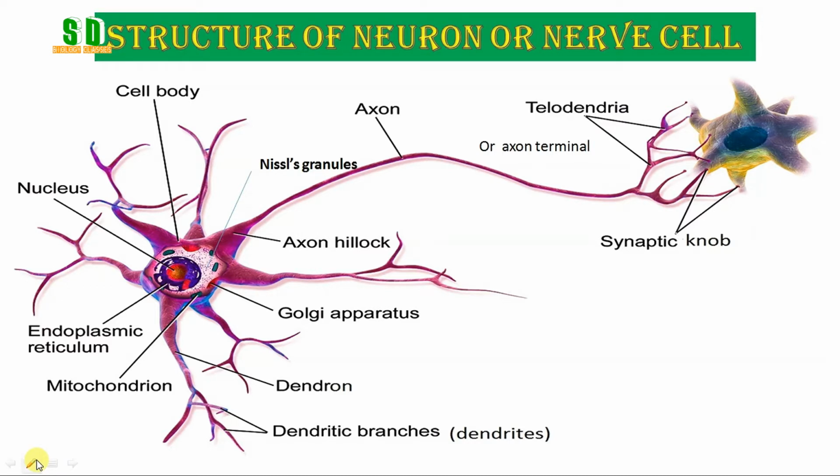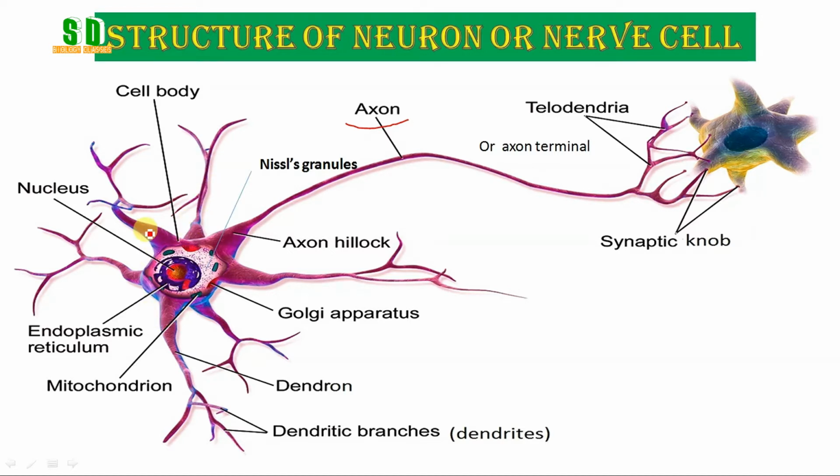What is a neuron? A neuron is the structural and functional unit of the nervous system. A nerve cell mainly consists of three basic parts. What are these? This is a long elongated extension that is called the axon. And then you can see the long protoplasmic extensions that are called dendron and